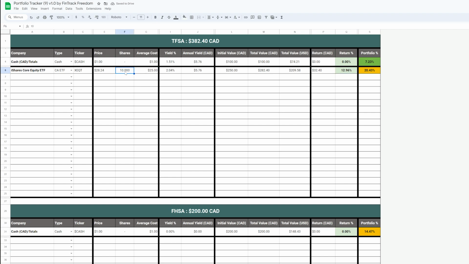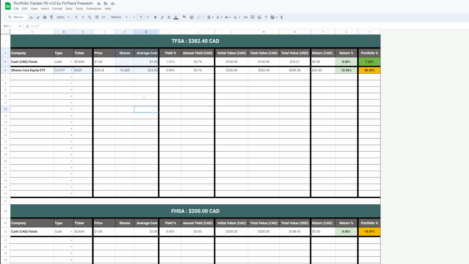So as we're buying shares, our average cost is likely changing. Say that right now you added this in and you bought more in the future, you will need to come back here and update this to reflect how many more shares you have and if the average cost has changed. You don't have to worry about anything for the yield or the annual yield. This is automatically calculated. Everything over here essentially is automatically calculated for you. You only have to worry about what's in here,